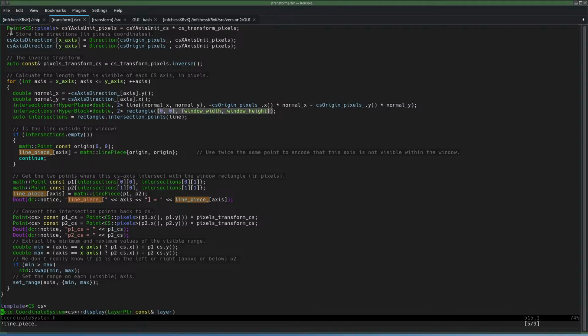So from 0, 0, which is the top left, to window width, window height, which is all the way down here in the bottom right. And the line, well, the line is an infinitely long line, being the axis that we look at that moment. That is defined by